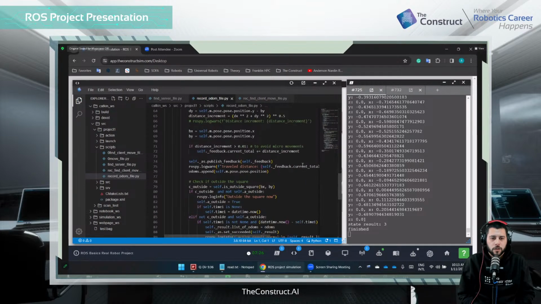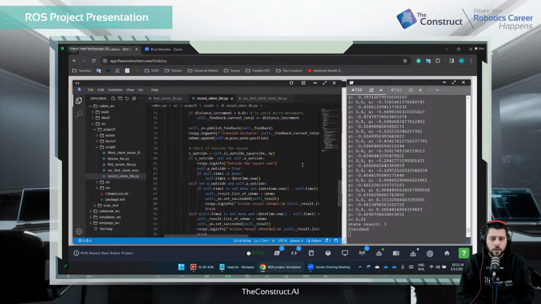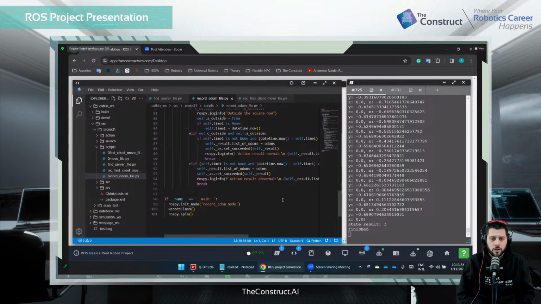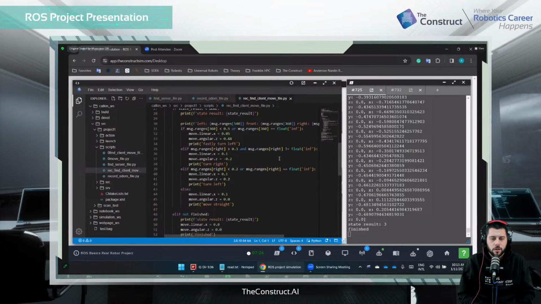Once I calculate, I keep track of that, putting all the values inside this variable called odoms, and at the same time I publish to the feedback, which is something I can see later. And after doing this, maybe something that I forgot to mention is that